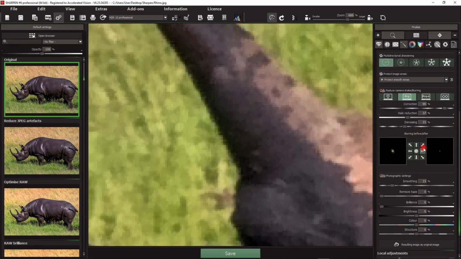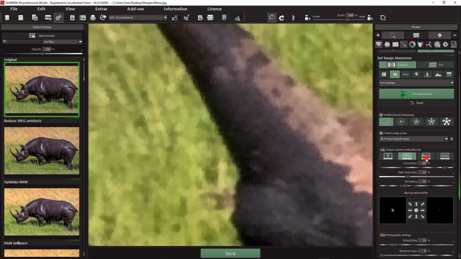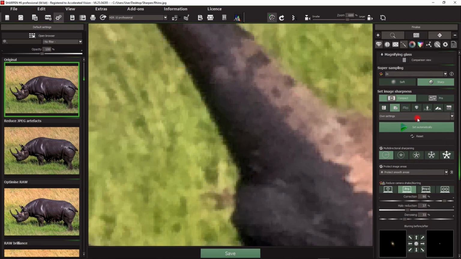We haven't looked at this area yet, so I'll show you it in the other picture. This is the directional blur, which you can activate if you have lateral blurring or upward or downward blurring in your image. And now, once we've set our basic sharpening settings, if we want to get even more precise, which we don't have to,